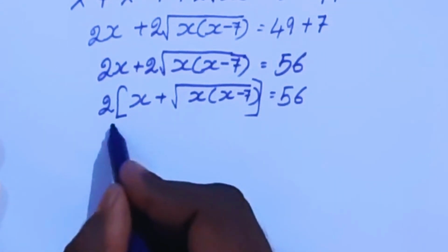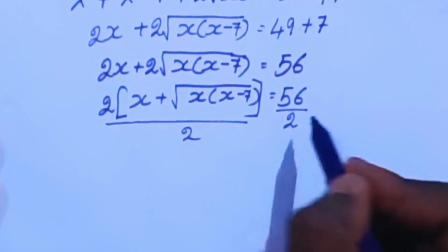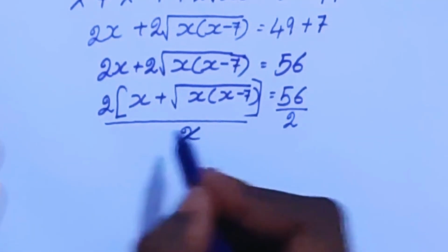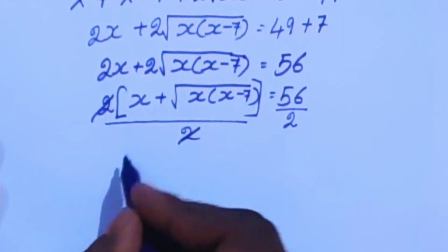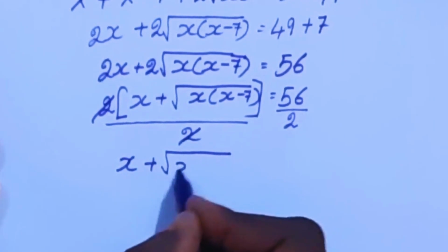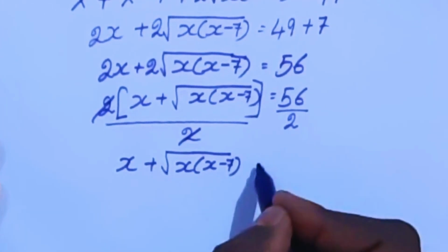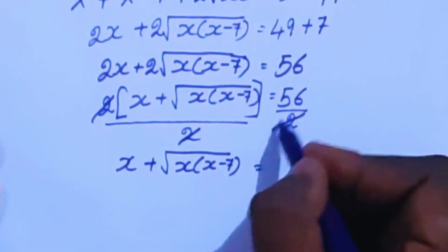Now divide by 2 on both sides. Here 2, here right hand side 2. Now this 2 cancels this, so x plus square root of x times (x minus 7) equal to, simplify this,